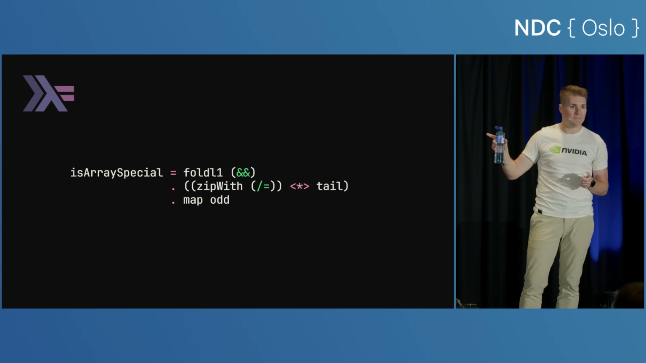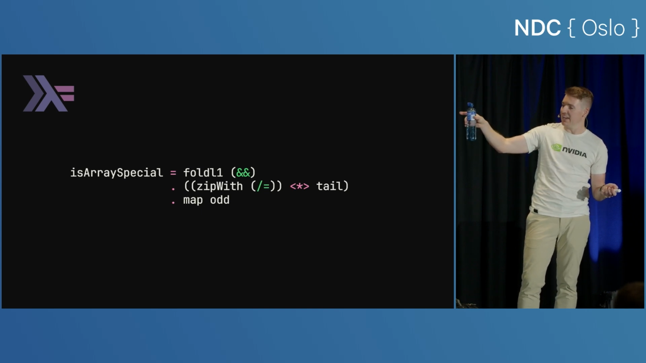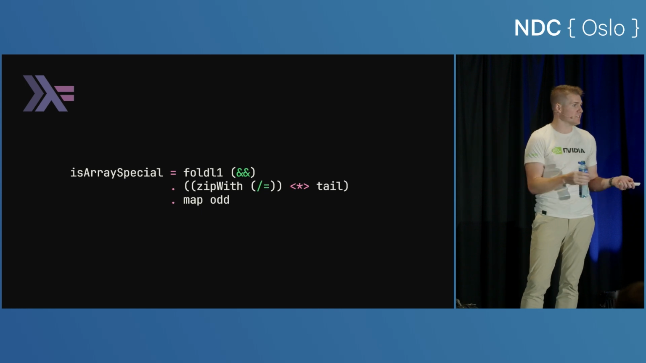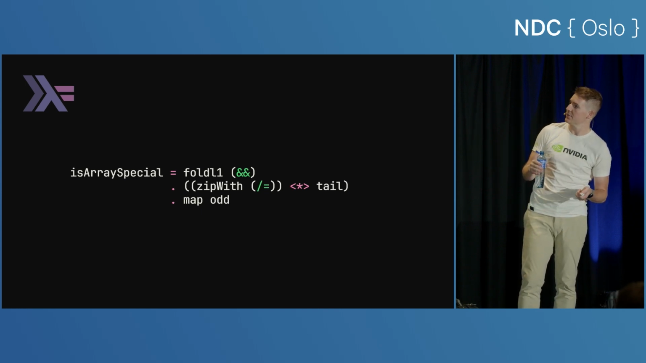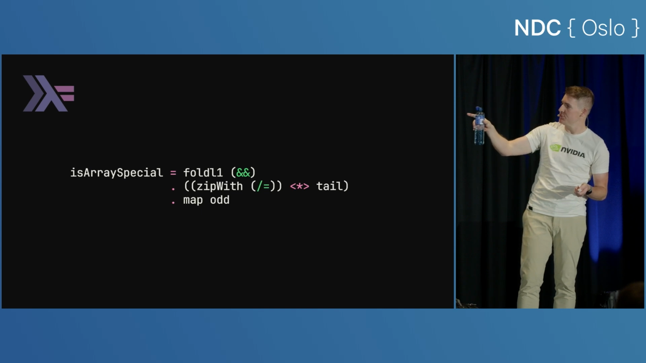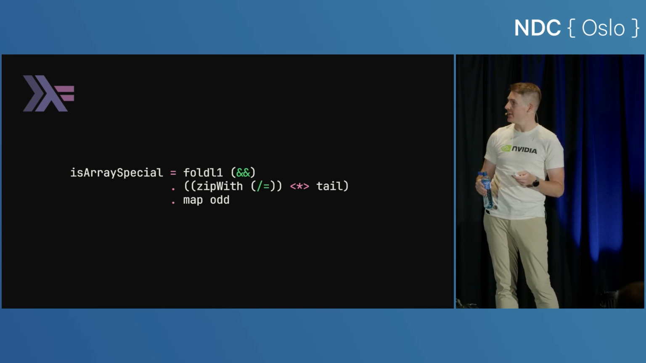So map odd. That makes sense. You're just mapping odd over your list of integers. Fold1 ampersand ampersand. That's just the equivalent of our all in Python, or our for all in F#. But what is this zip width not equal to angle star angle tail? So if we go back, and also make note of the two dots, if we go back to our little